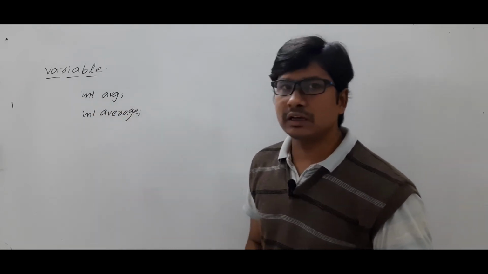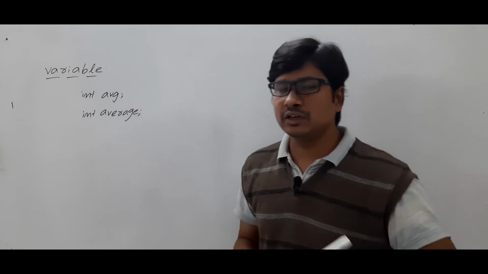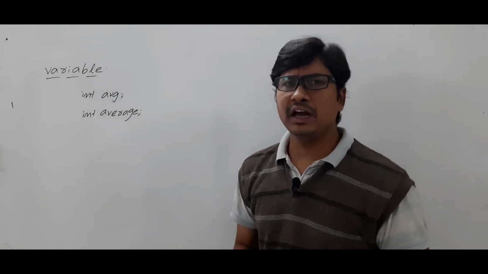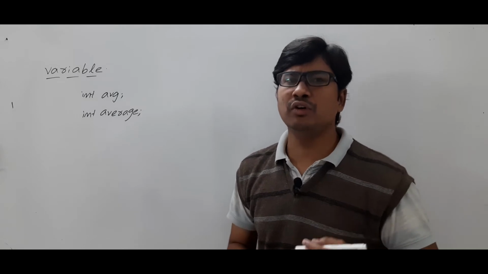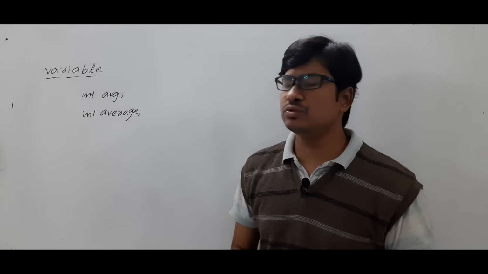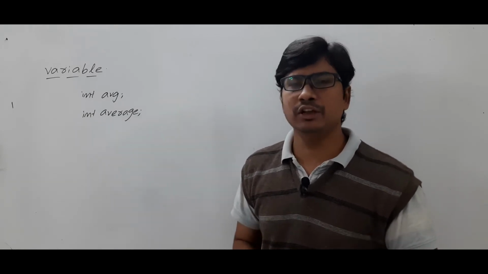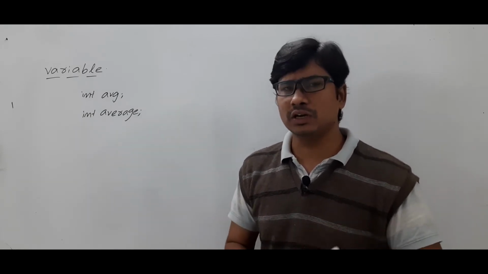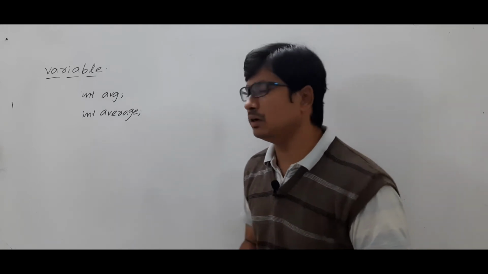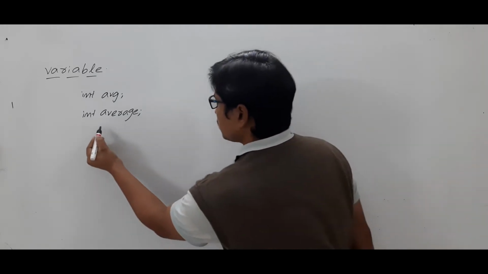And one more thing, you should follow certain rules whenever you are keeping a name to the variable. Already I have discussed what are the rules you should follow for an identifier. We should follow 5 rules. All those rules are applicable to the variable also. Let me discuss what are the rules and then we will discuss how to declare a variable also. Okay. Now the first rule is that